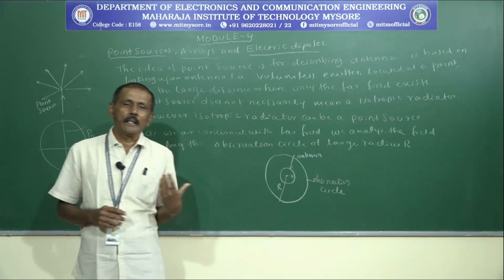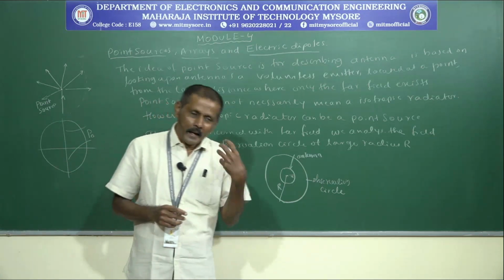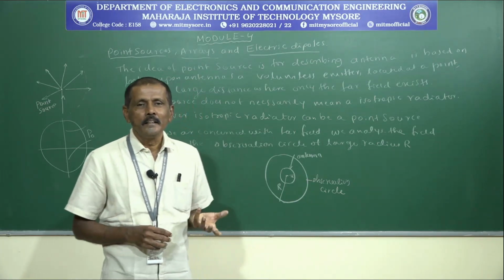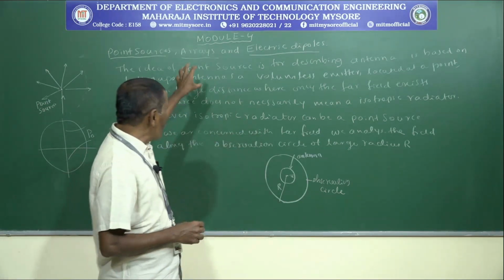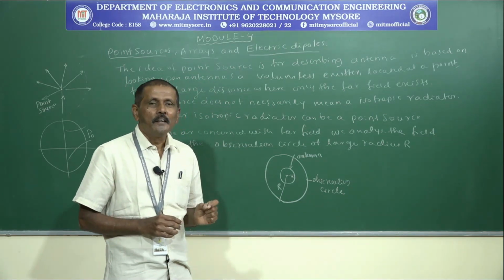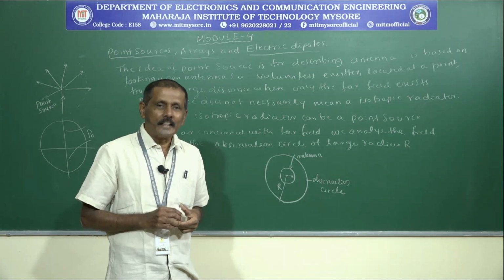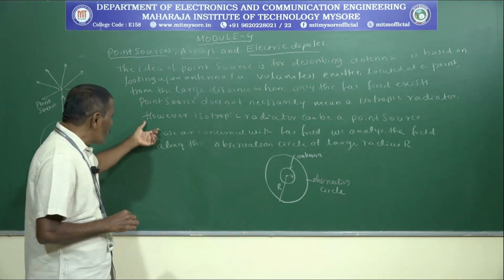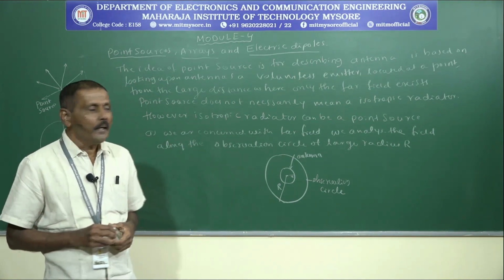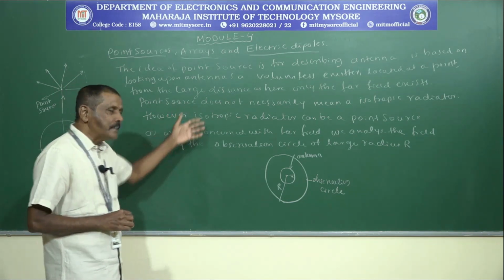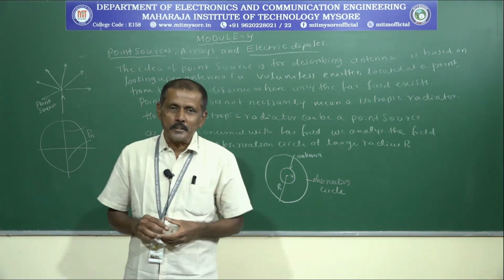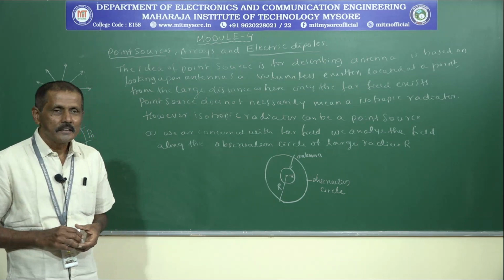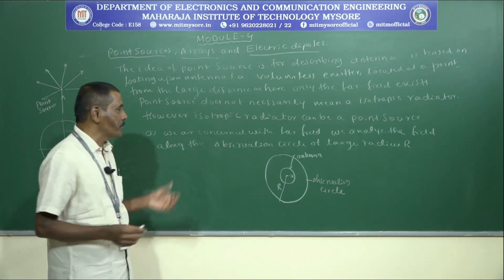As you know, in the earlier class, we said that the antenna region can be divided into two regions. One is the near region, another one is the far region. But when the point source is considered, we are considering only the far region, not the near region. A point source does not necessarily have to be an isotropic radiator. However, an isotropic radiator can be a point source. And in point sources, we are dealing with the far fields, so we analyze only the fields which are at a distance far away from the antenna.